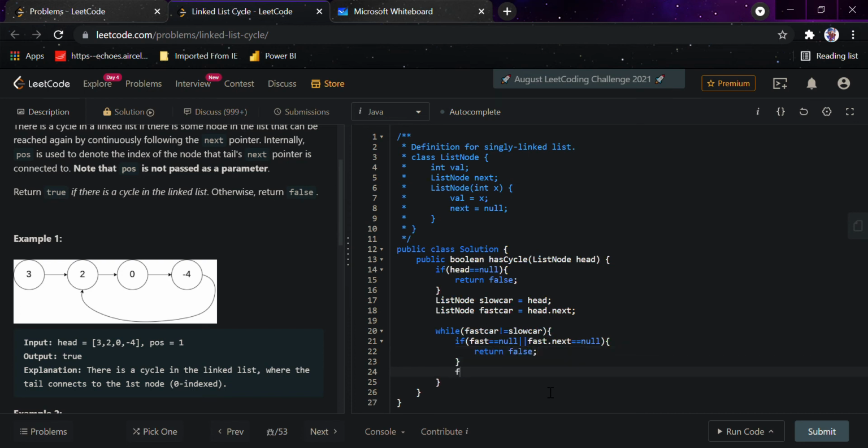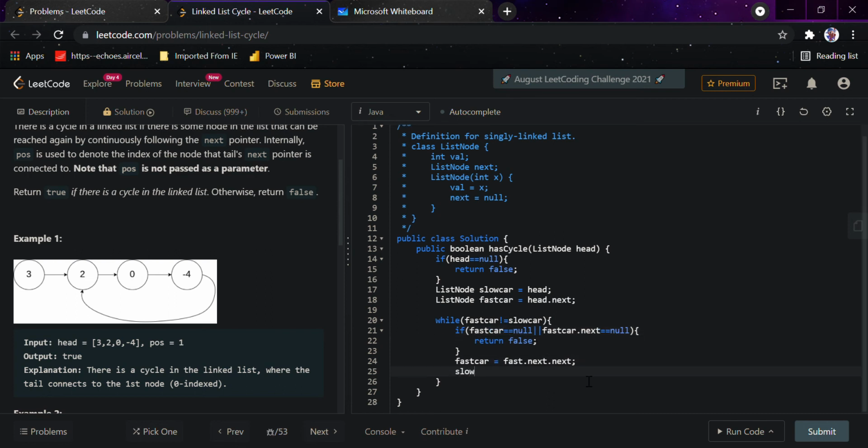And fast car would move twice as fast as the normal car, that is fastCar.next.next, meaning it is going two steps at a time. I just wrote fast here, I would write car, and here also car. And slow car would move slowly as usual, only one step at once, slowCar.next.